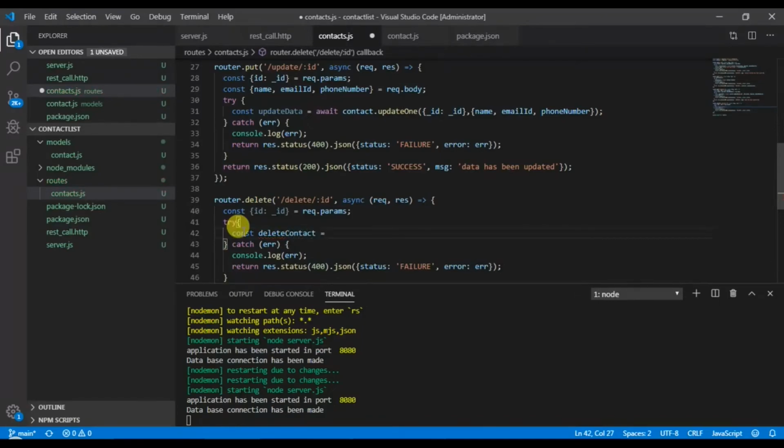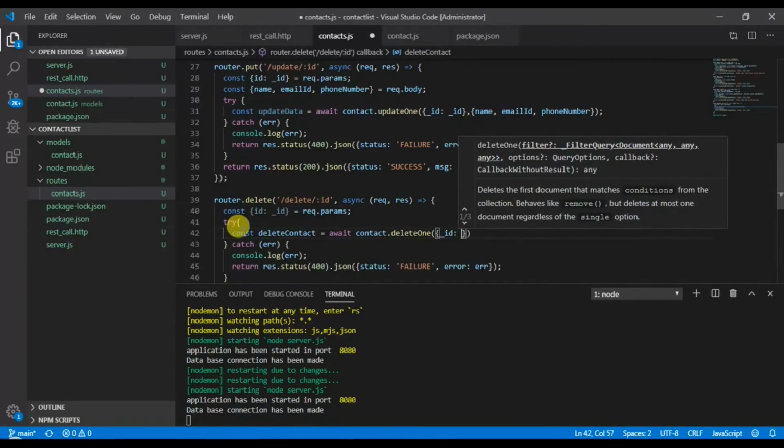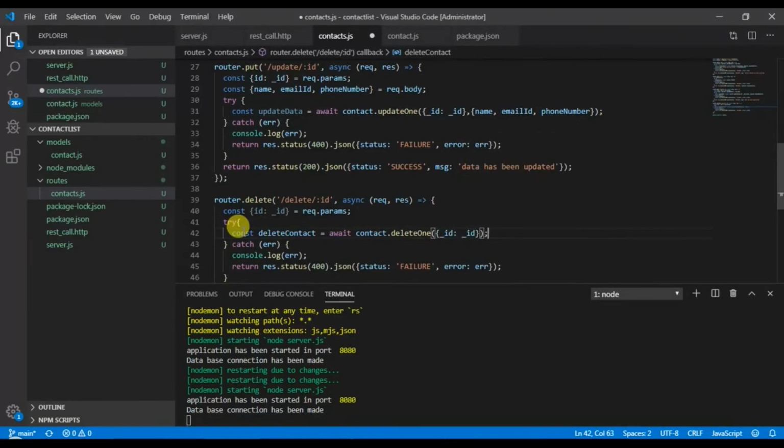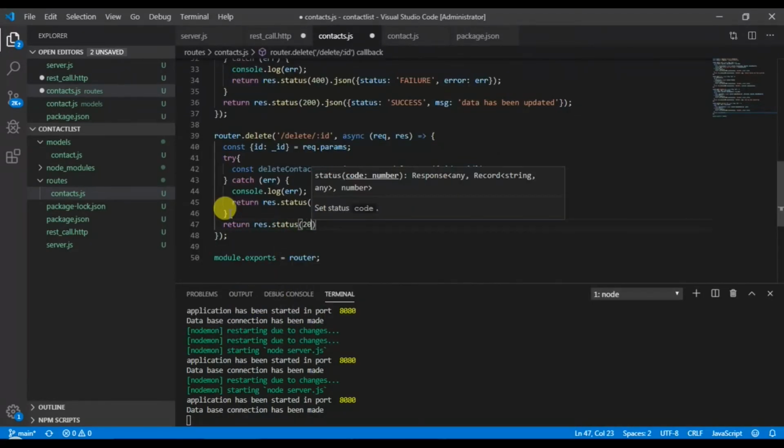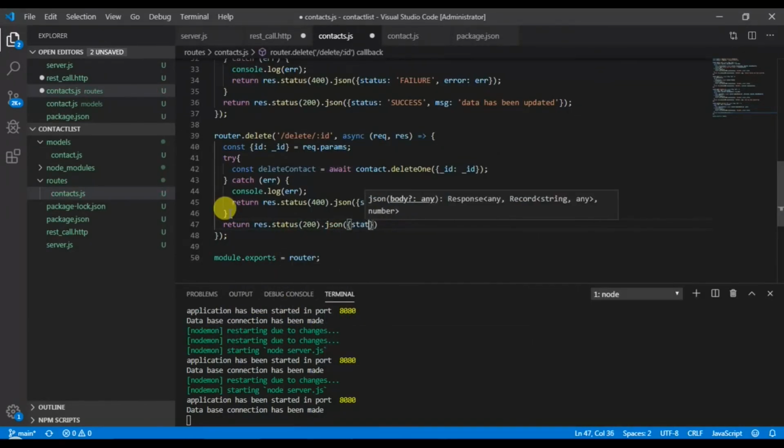Then in the try block, we will use the deleteOne method which is available for the model. This method deletes the first identified record based on the query we pass. Okay. So in our case, the query is ID. This deletes the document with the specified ID. Finally, return the response.